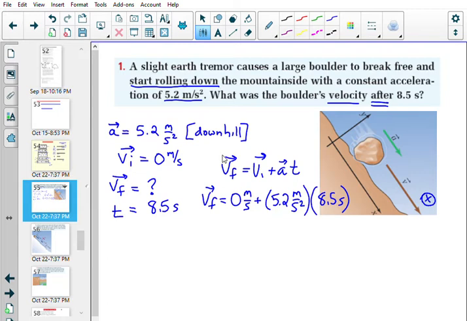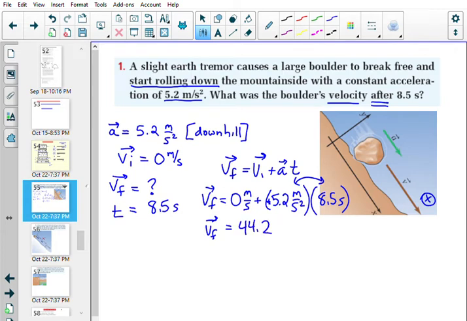Okay, because that's the direction everything's moving in. So I'm going to leave this 5.2 right here as a positive number. I'm not going to make it negative. So really what you do, you take your 5.2 and your 8.5, you multiply those two together, and your final velocity comes out to 44.2